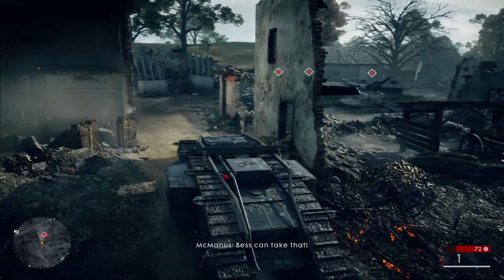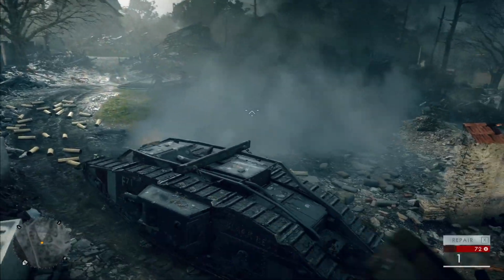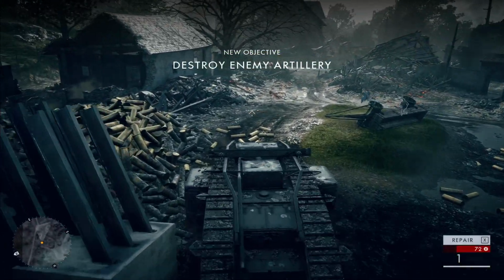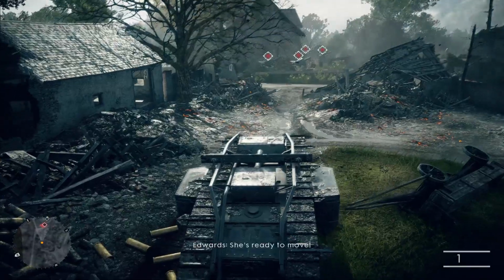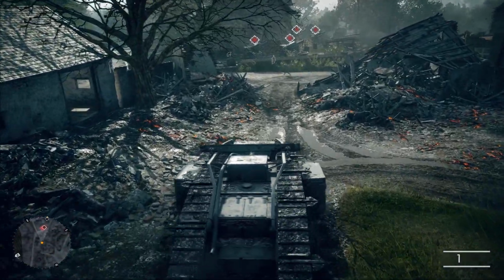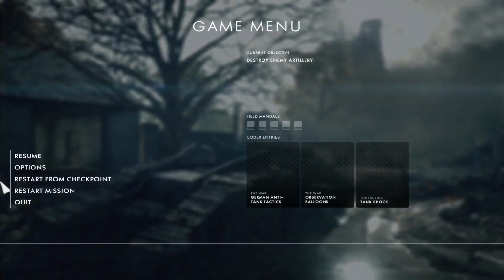First of all, open up the Battlefield 1 game on your device, and once you are taken into the main menu, you can start playing from various different match modes. Now, if you wish to customize your control settings, just go ahead and pause the game, and then go into